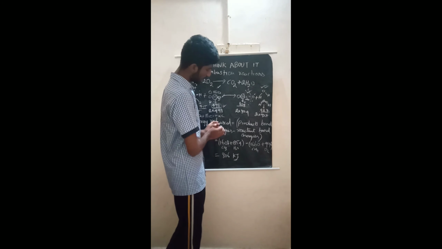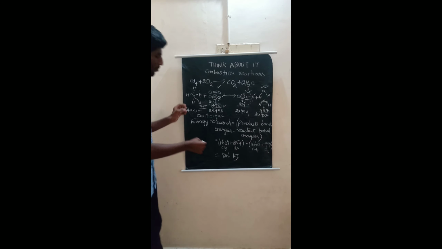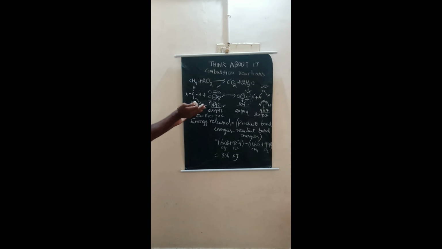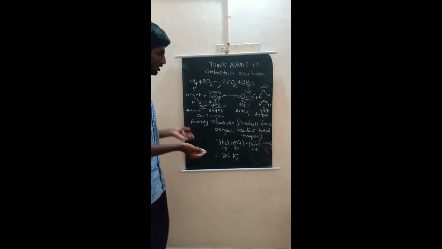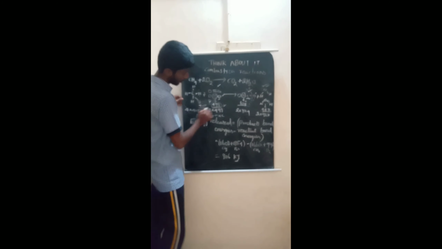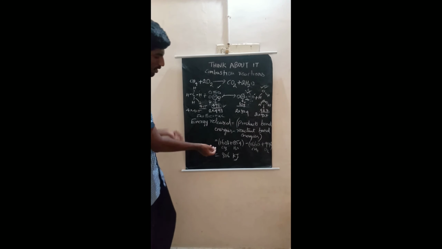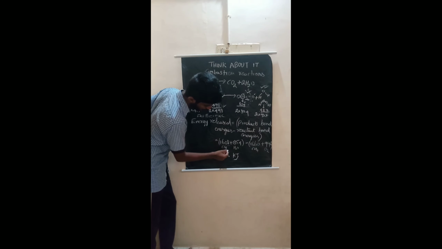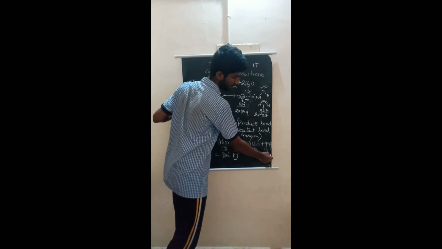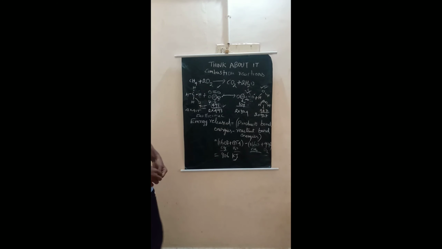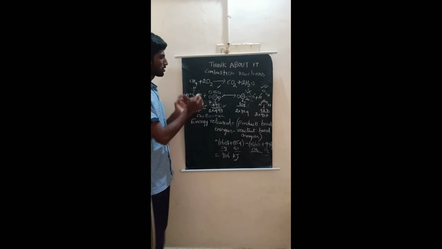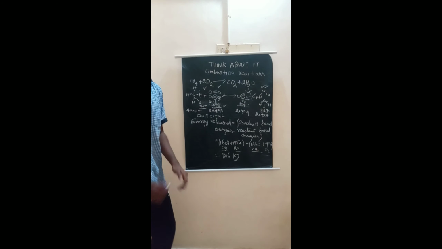Most of the energy is released as exothermic energy. In this reaction, the energy released is the product bond energies minus the reactant bond energies. From the calculation, we add the bond energies and then subtract: this is the total bond energy of carbon dioxide, this is H2O, this is CH4, and this is the oxygen molecule. From this we calculate the total exothermic energy released from this reaction, which is 806 kilojoules.